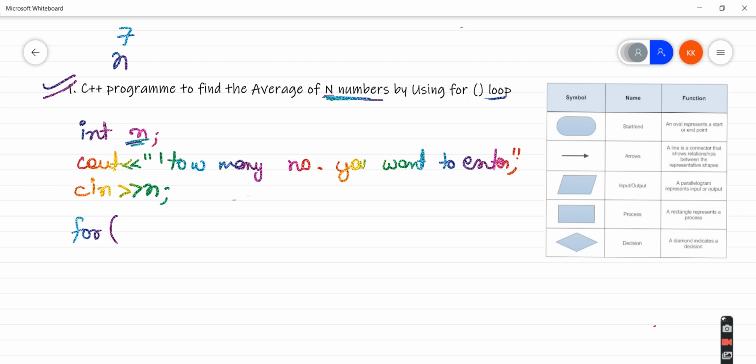But now the question arises: what do I enter inside this for loop? Let's say the user has chosen 5. Then how many times do I need to ask the user? 5 times. So it means I need to have a loop which will go from 1 to 5, right?